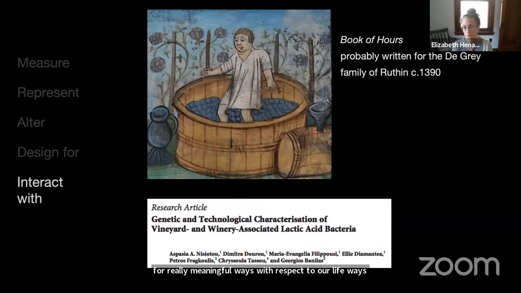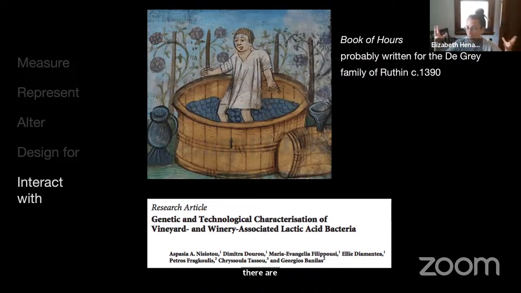So I think it's important to keep in mind that there are cutting-edge recent biotechnologies that we can design and imagine that allow us to interact with microbes. But there are also long-standing ancient technologies that also